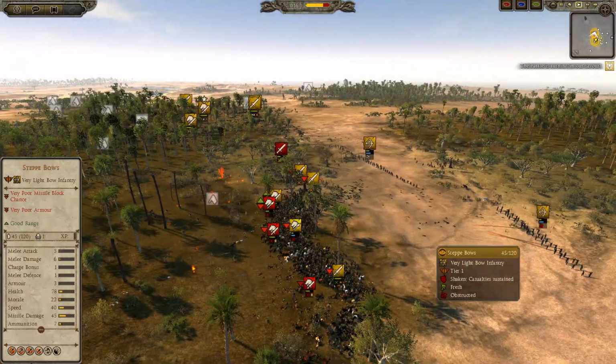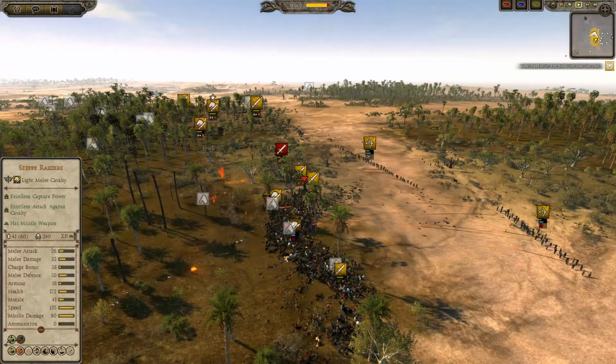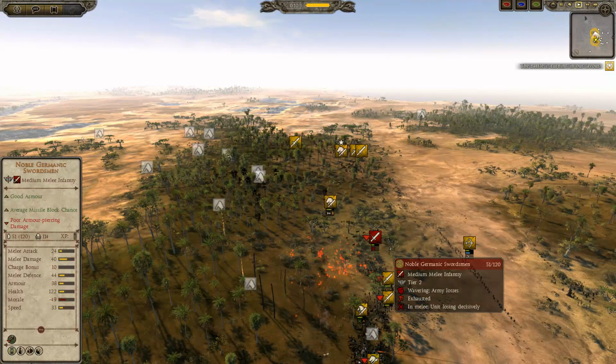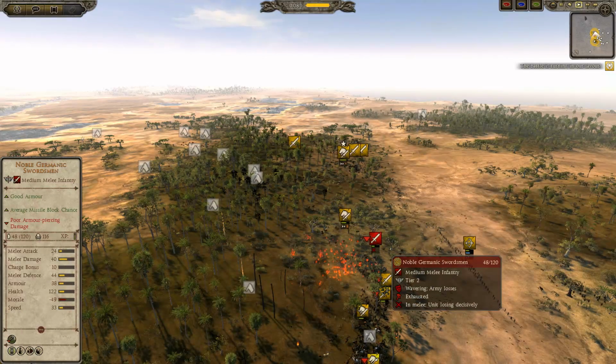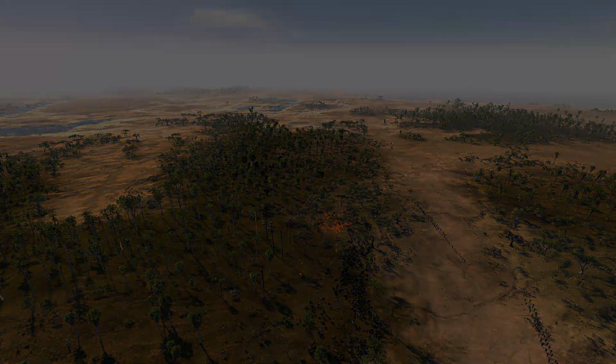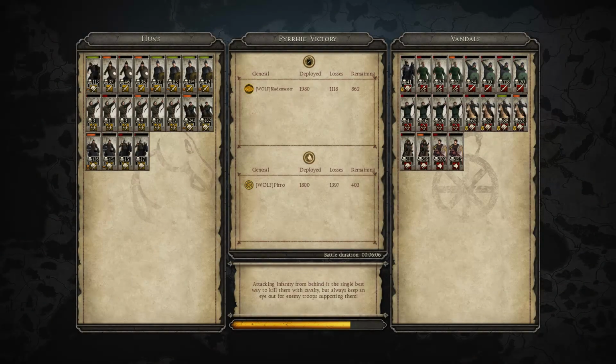And meanwhile, my step bows are just pouring in the fire. They're not going to get many kills, but they're going to apply that fear effect, along with Pyrrhus's general dying prematurely because of my noble Akadzi. It's going to be too much for him to handle. So Pyrrhic victory to me, and it was a really fun game,